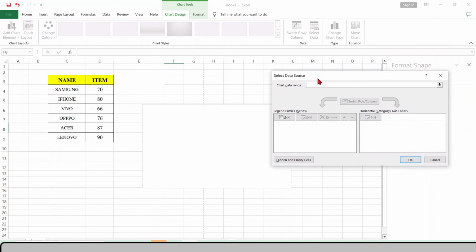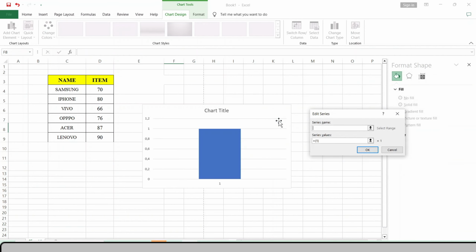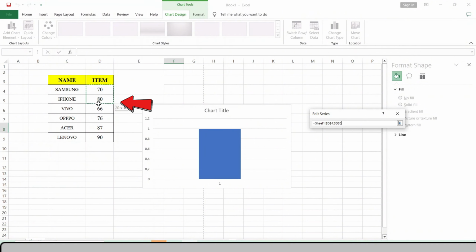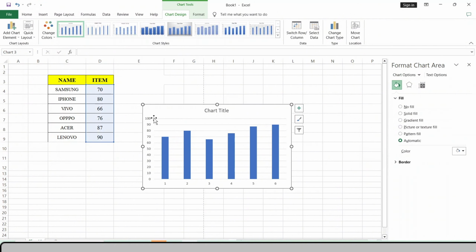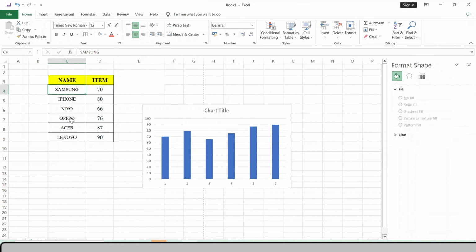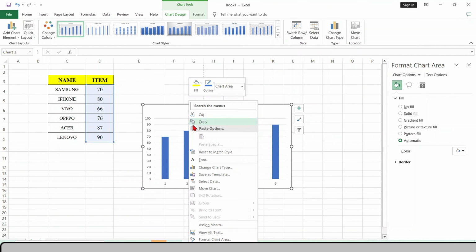To add the mobile phone item data, tap Add on the left menu. Delete the Series Value section and block all the data in the item table. And here the data block from the item will appear. And next, tap OK. And to add the cell phone name data, right-click on the bar graph,